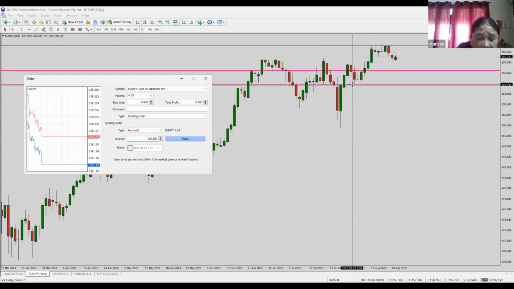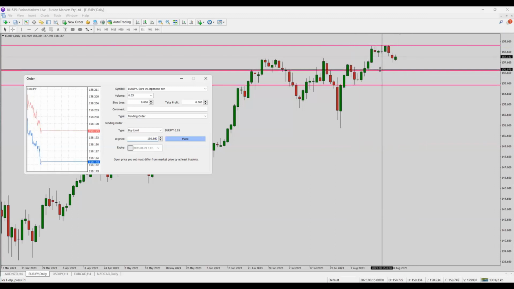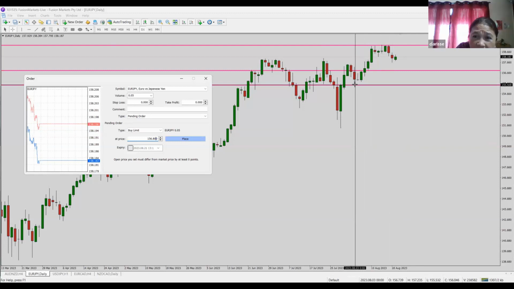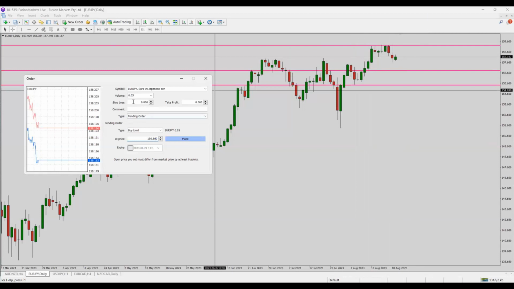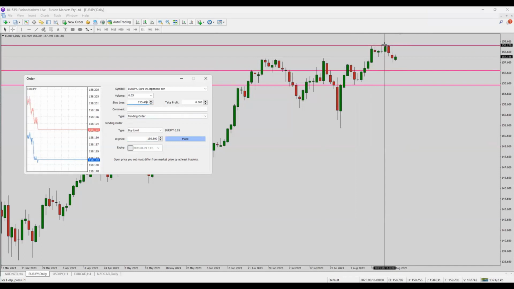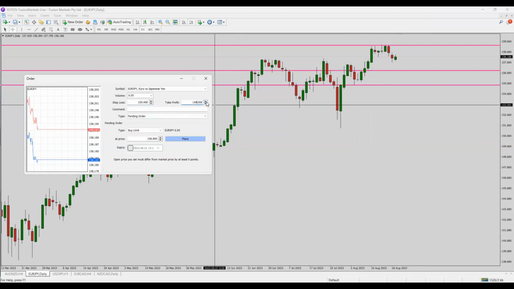Yes, that's right. So now let's say after you put the entry price, this low here is where I want to put my stop loss. Let's say the example stop loss is 155.4. So you go up here, stop loss, and put in 155.4. Right? Take profit. Take profit is this high, so it's 159.2. So you come here and put 159.2. You got it?